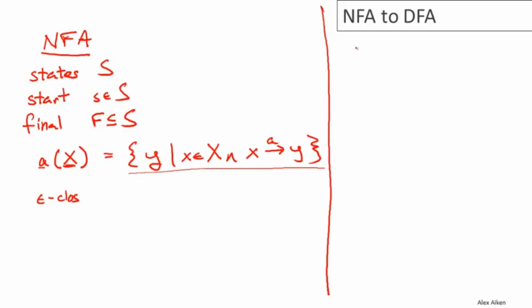All right, so now we're ready to define our DFA. So what will the DFA be? Well, it's going to have all of these things. We're going to have to say what the states are, what the start state is, what the final states are, and what the transition function is. So let's begin with the set of states. The states will be the subsets